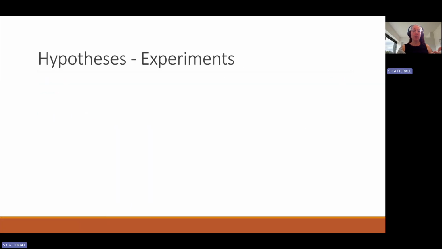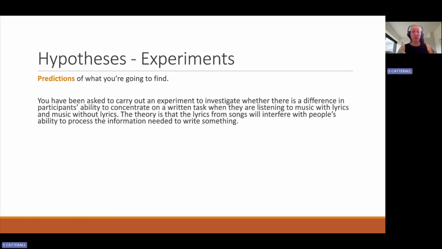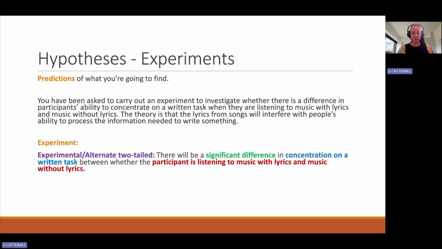They are probably going to ask you to write a hypothesis, because it comes up quite frequently. If it's not on paper one, it's probably going to be on paper two. And this is a prediction of what you're going to find. The reason why they ask this a lot is because people drop a lot of marks on it. So we'll use the same scenario as before. Now, for an experiment,